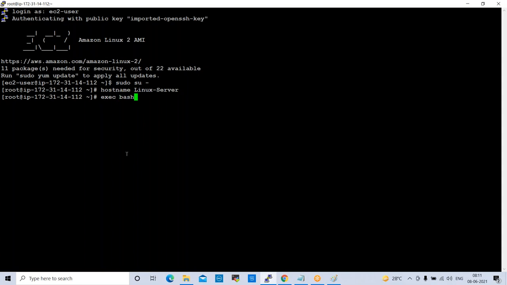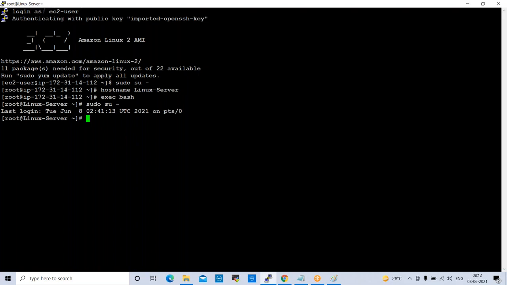If you give this command, the name will be changed. See here, Linux server. And here also, if you want to change the name, instead of the IP address, you can change the name, sudo su hyphen. See here, it is changed.